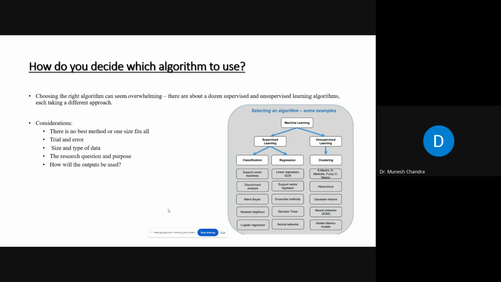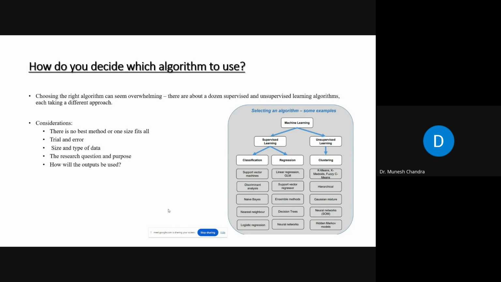Another approach is trial and error. Whenever we perform an experiment, it is generally advised to try a minimum of 3 to 4 algorithms: 2 or 3 for classification, 2 or 3 for regression, 2 or 3 for clustering. Then only you are able to identify which model gives the best result on this particular data. So in trial and error, you have to try the maximum possible methods. Only then can you identify which algorithm is good for this particular data and problem.